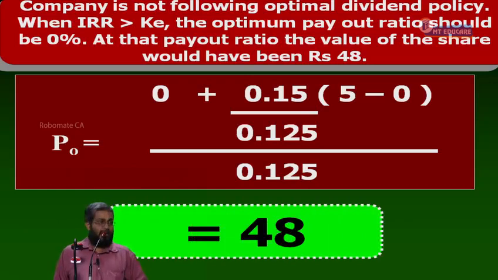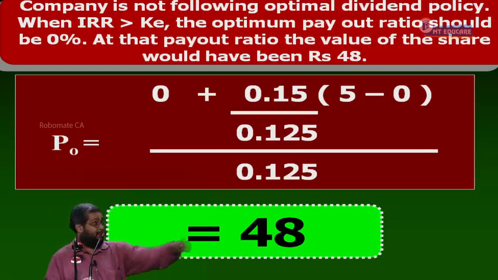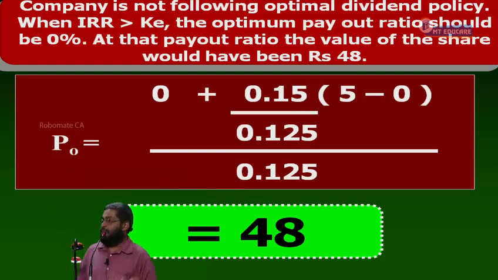Had they retained fully, the wealth would have been how much rupees? 48. By having a wrong payout policy, even though they had a good investment opportunity, the share price is still less, because they have a bad payout policy. This is not accepted by Modigliani and Miller. Modigliani and Miller say that whether we pay out 60% or 100%, my share price remains unchanged. But Walter says your dividend policy affects the valuation as well as the wealth of the shareholder. Everybody following or not? Now, take question number 3. Examination sum once again.